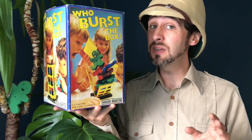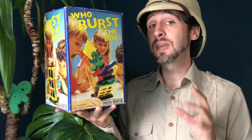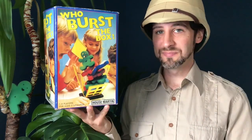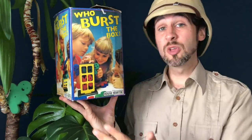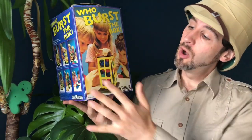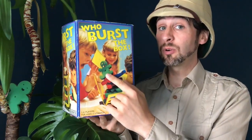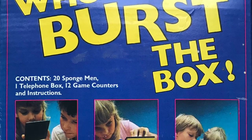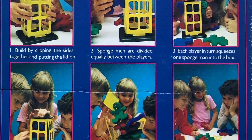so it is definitely a game on the younger side, but it's got a really unique mechanic which I really haven't seen in any other game since. As far as box art goes, there really isn't any on this box. It's just photographs of 3 children playing this game, all concentrating really hard and getting quite surprised when the box does burst open. On the back, we've got more photographs of the instructions and some basic text telling you how